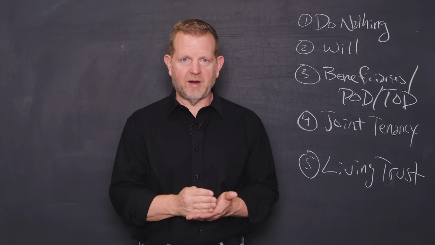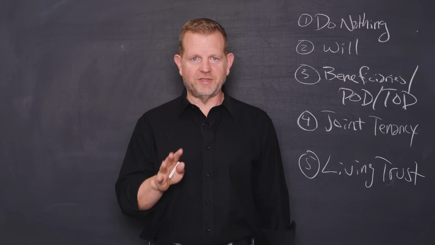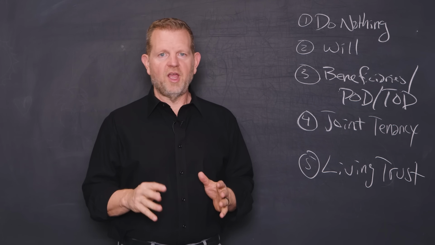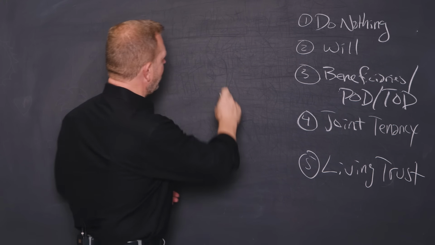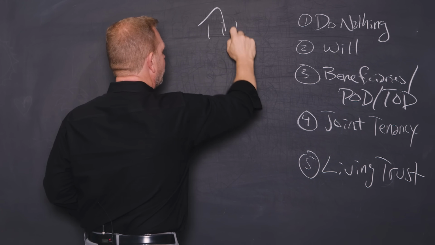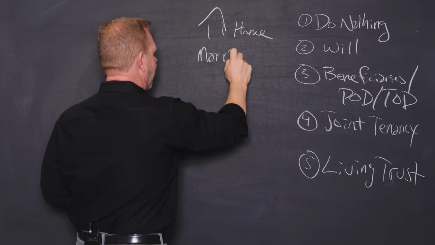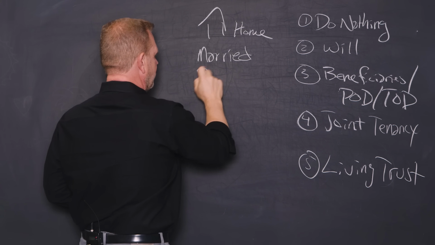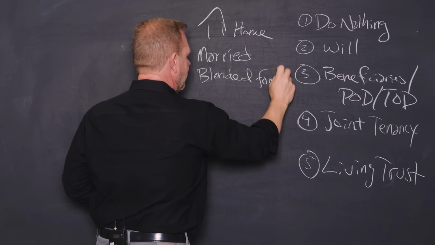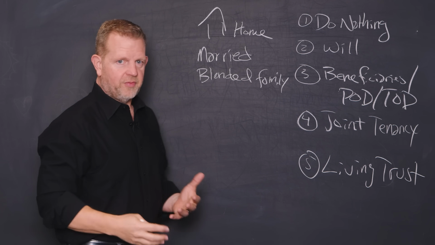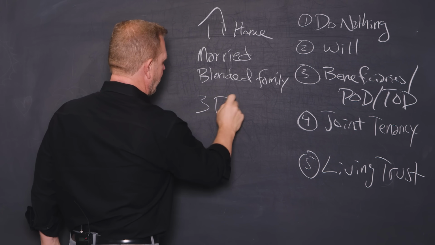And how does it compare with other options? So we're going to go through them, and I'm going to use an example. So let's just assume you're a normal, successful investor, right? And you have, let's just say you have a house, you're married, maybe you have a blended family. So you have kids from a previous marriage, they have kids. Let's say you have 3 rentals. We'll say 3 rentals, and I won't say where they are.